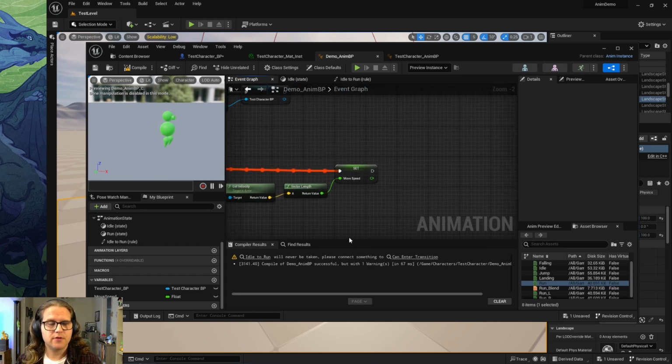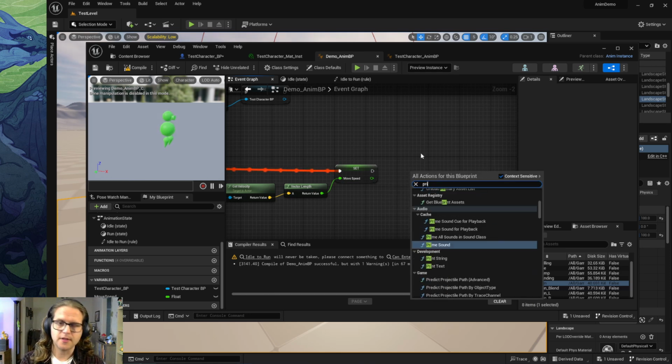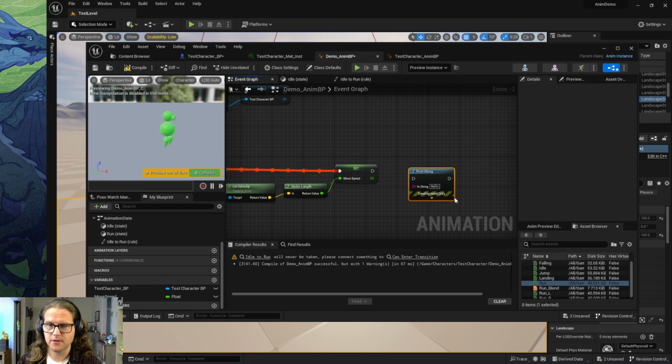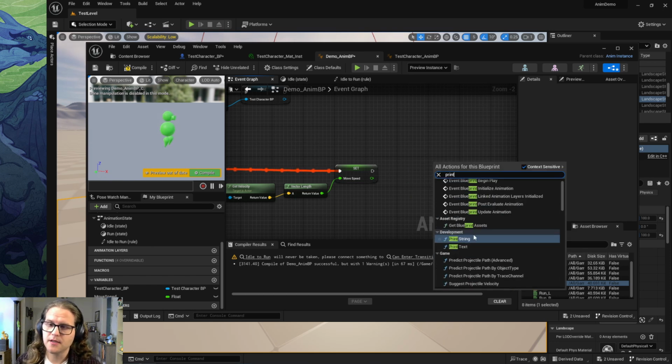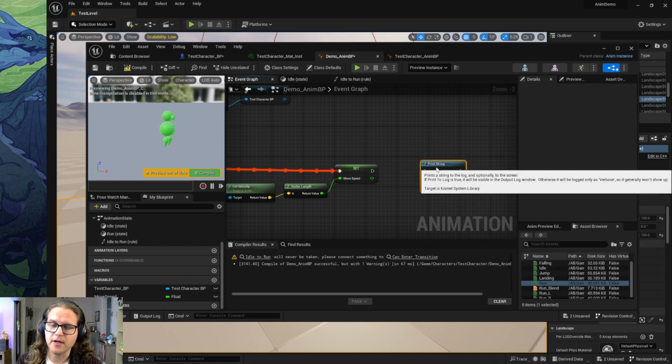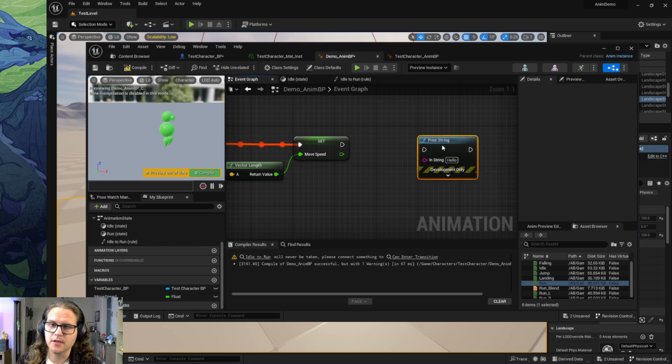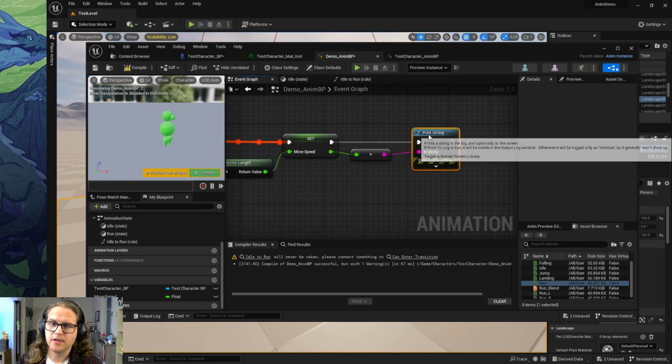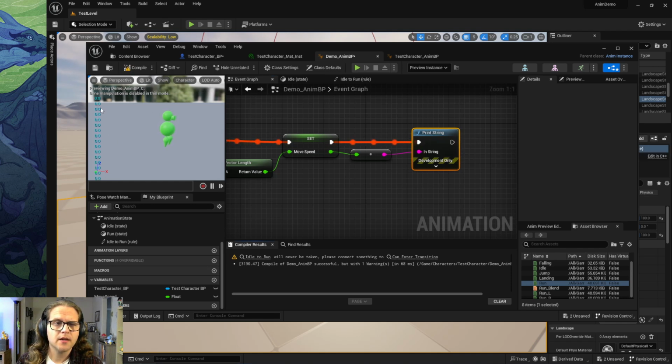And if you want to make sure that you know what's happening here, there's a node called print. If you type print down here, there's a thing called Print String, and if you click that, it'll make a print node here. Anytime you want to know, hey, what is this variable? I don't know what it is. You can connect this green into here and it'll print whatever this number is. So if you connect that into the Print String like that and then compile it, you can see over here